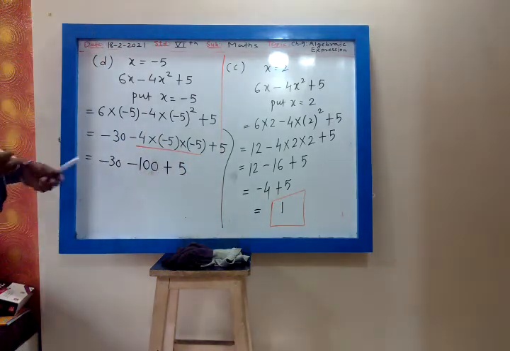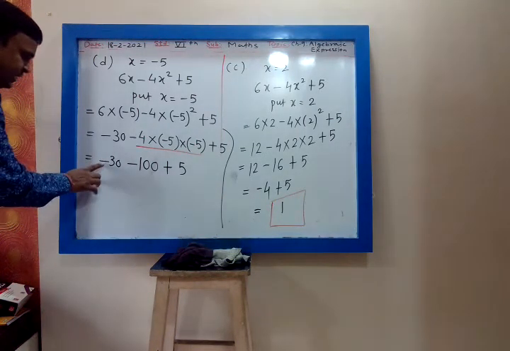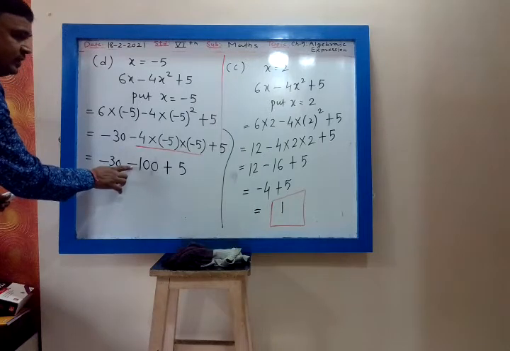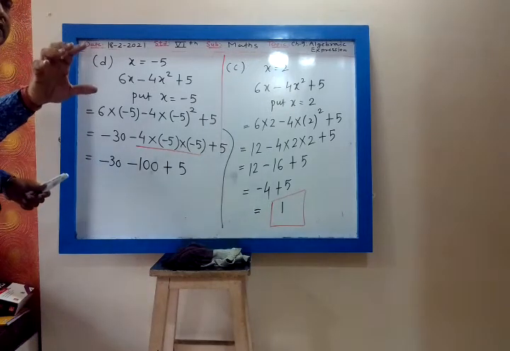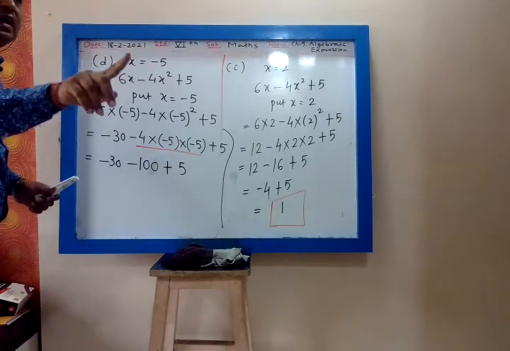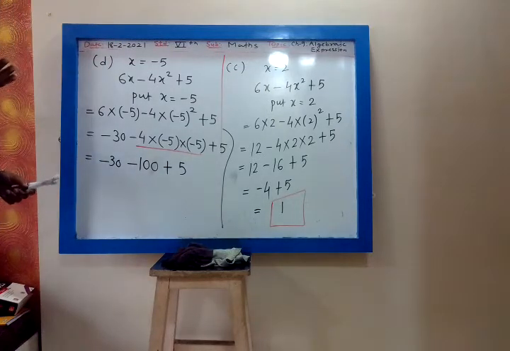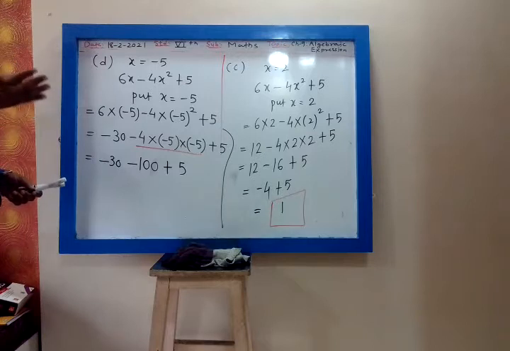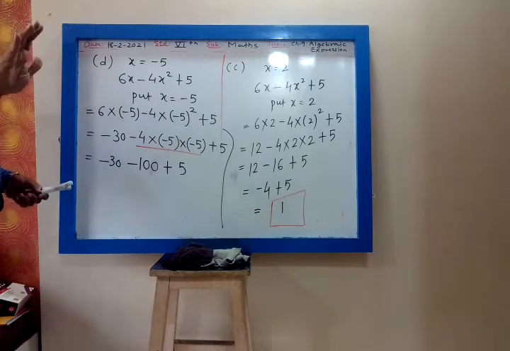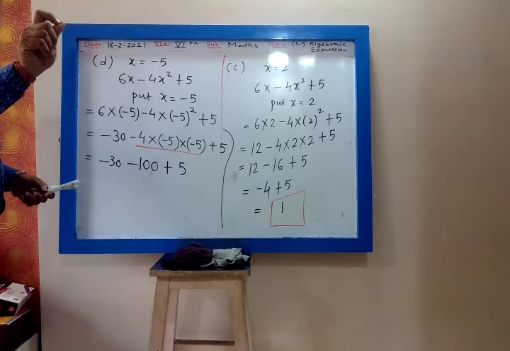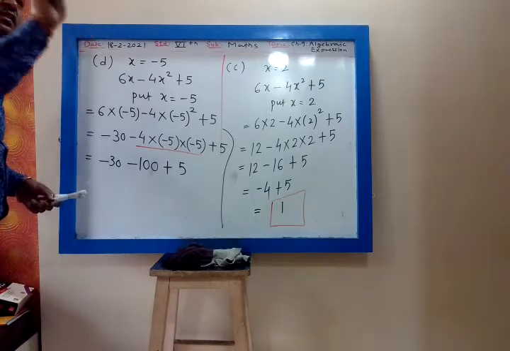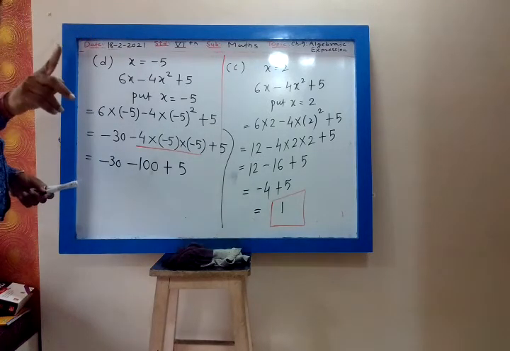Now out of minus and plus you can perform any one. Now this is minus, same sign. So whenever they have the same sign, you have to add the number and take the common sign. Not minus 95, my dear. Again you are making a mistake. You are subtracting. I will not subtract. Whenever they have the same sign, you have to add the number and take the common sign.